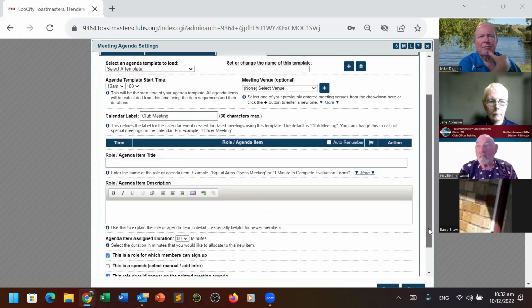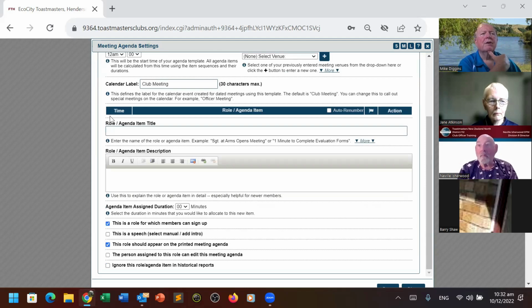And then you come into each of the role and agenda items, setting these up. The important thing about this is all these little checkboxes here. If that's not checked, then you've probably got something like the Sergeant at Arms, who's set for a year, opens the meeting, or the President welcomes everybody to the club, that sort of thing. If it's a speech, that's fine for this particular role. And